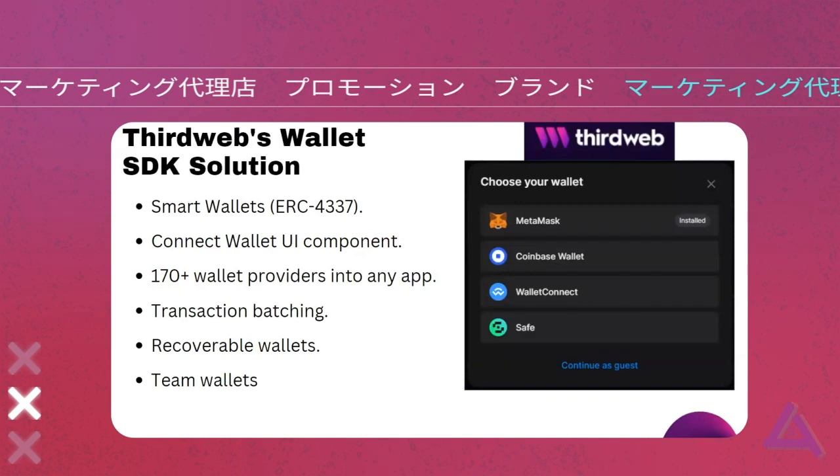I know that they have a lot of integration with different wallet providers, and they also have transaction batching and recoverable wallets and thin wallets. So that's an improvement from UX, and that's not an improvement just in terms of visual design, because sometimes people think that UX is just about visuals, but not. This is a solution from a technological perspective, because it's a smart contract. So it's an improvement in the technology to bring a solution for the users, right?